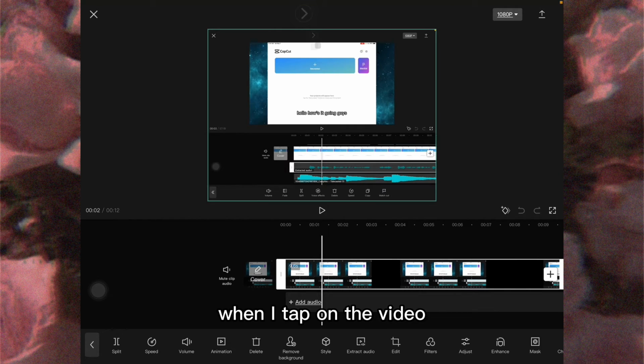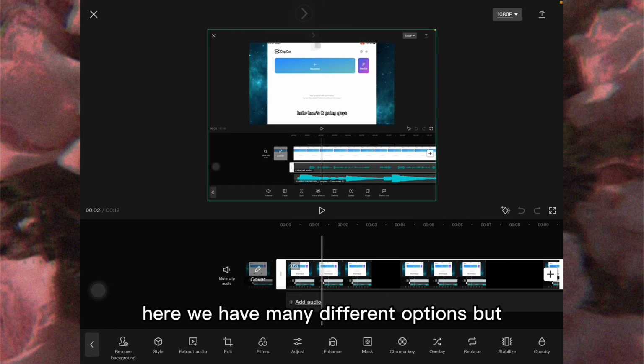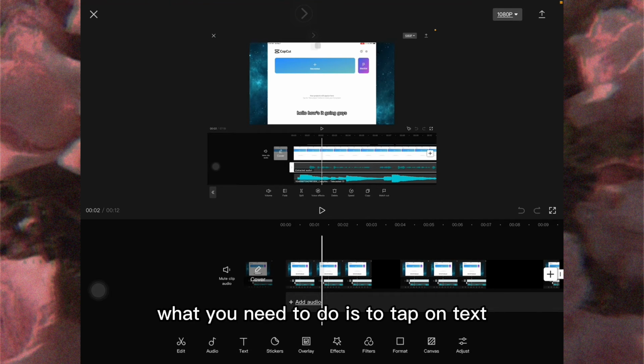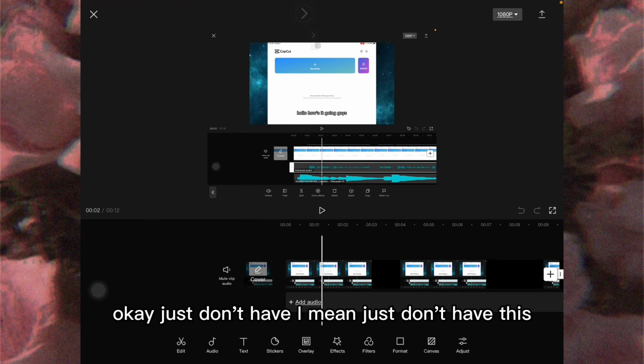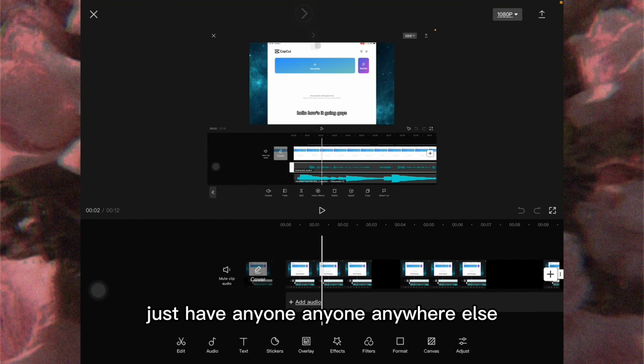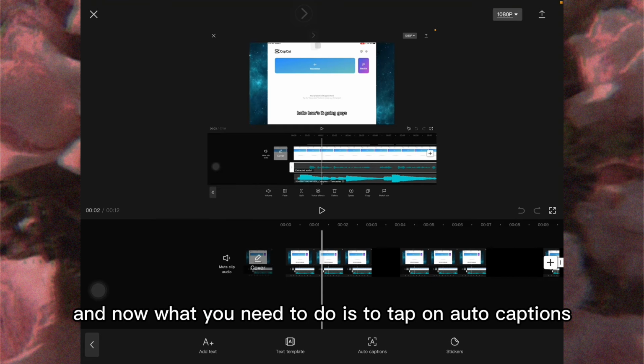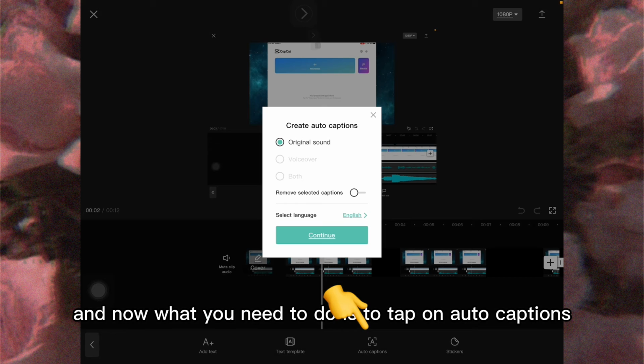Alright, and right here, as you can see, when I tap on the video, you can see here we have many different options, but what you need to do is to tap on text. Okay, just don't tap, deselect the video, just tap anywhere else, and tap on text. And now what you need to do is to tap on auto captions right here, and